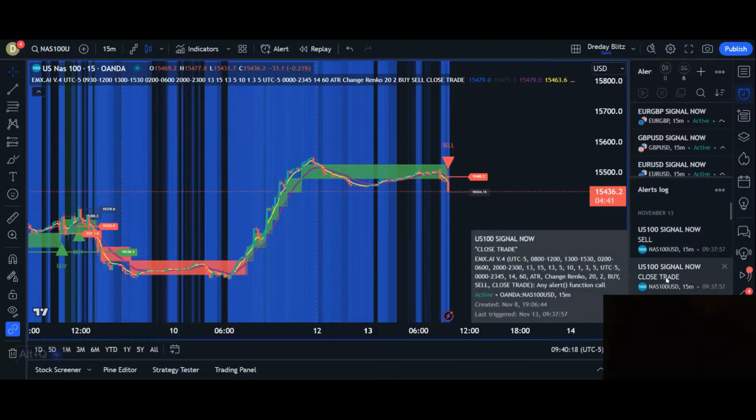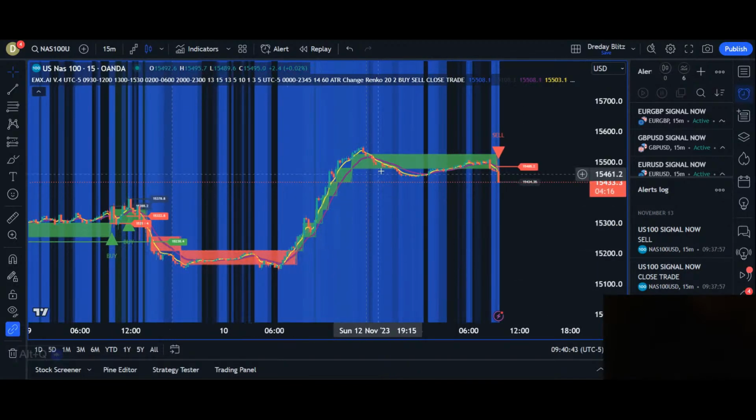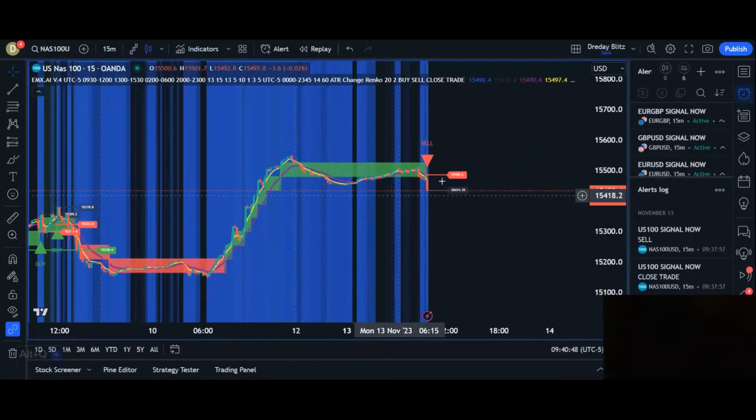So this message is the Renko message. You can put the message that you want. You could put trend changing, or trend color changing, whatever message makes sense for you. Me, I put close trade, because I know that if I have any trade that was open before this change, I have to close it. Now we have a sell on NASDAQ,